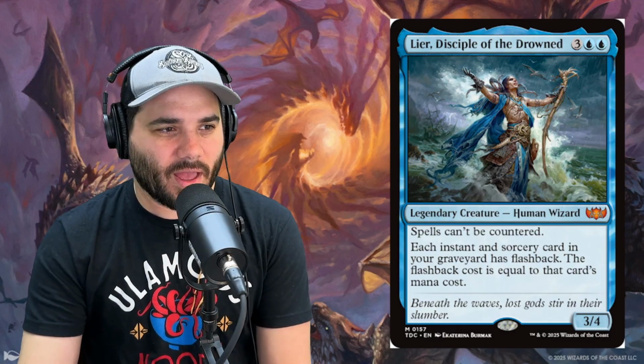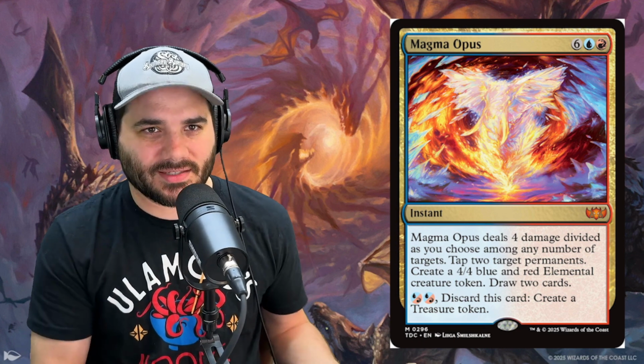We also got rid of Magma Opus, which is 6 blue red, so 8. Deal 4 damage divided as you choose among any number of targets. Tap 2 target permanents, create a 4/4 blue and red elemental creature token, and draw 2 cards. So it does a lot. It's just getting there. 8 mana is a lot, and we want to hit that second spell to be able